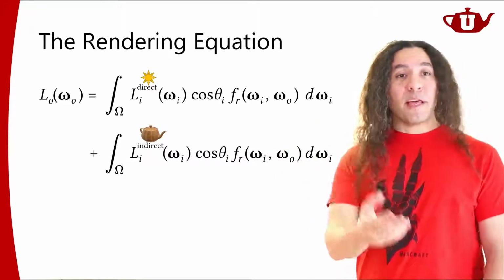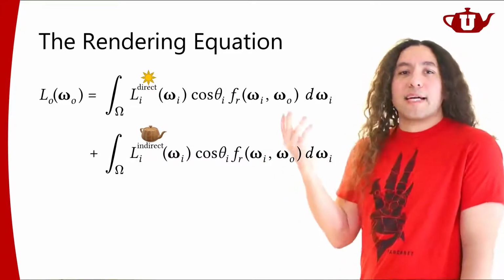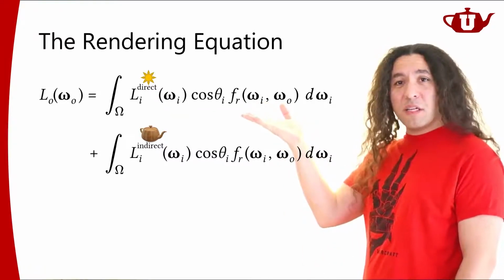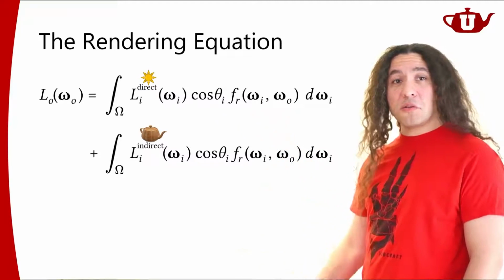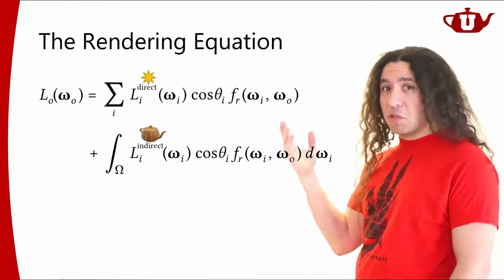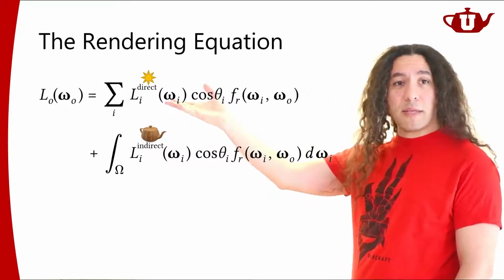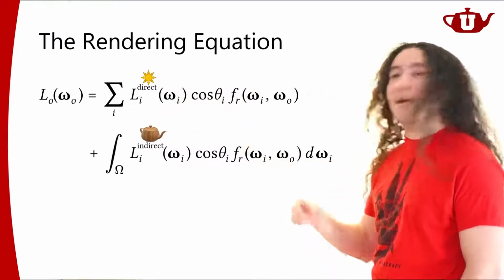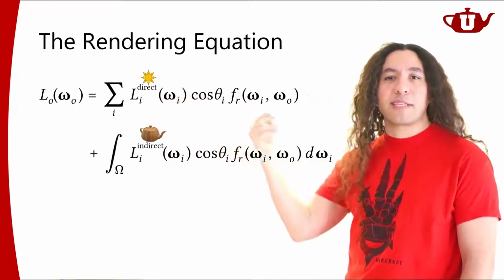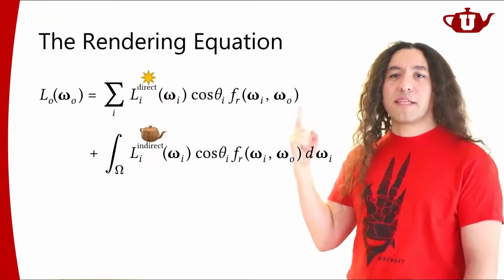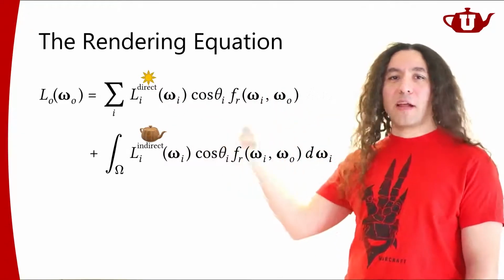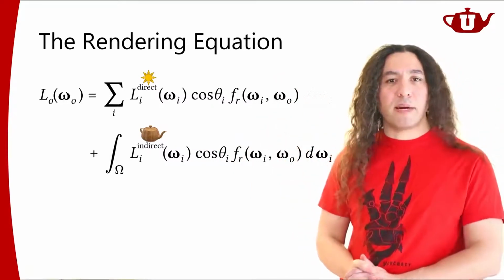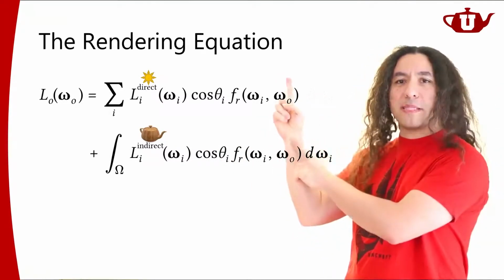Because, for example, if you have just a bunch of point light sources in our scene, or just directional light sources, this integral turns into a very simple thing, just a simple sum. We talked about this. If I have a number of light sources in my scene, I just add the contributions from all of these light sources and I'm done. So this integral is simplified fairly easily by just looking at a few light sources I have in my scene. So that part is simple.